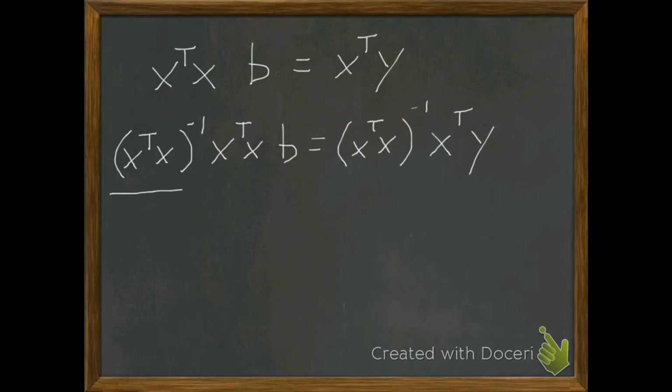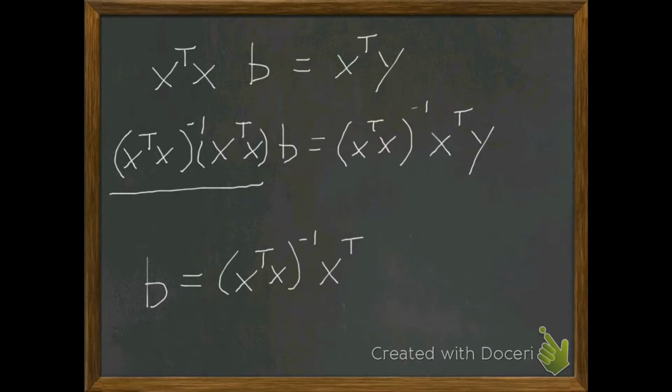Now guys, the reason I multiplied by the inverse here, and it may be better to see it like this, is because that essentially gives me a value of 1. So what I end up with here is B is X transpose X inverse X transpose